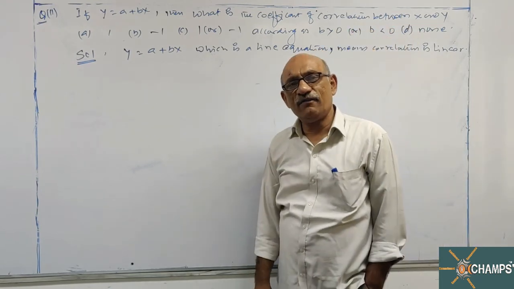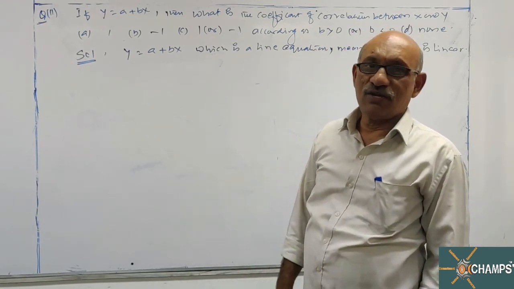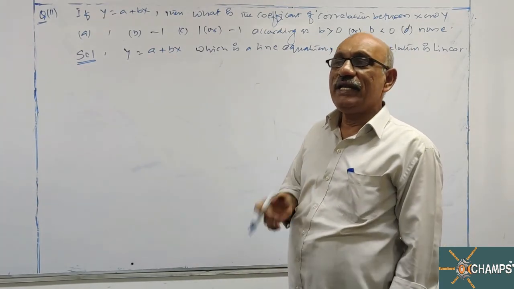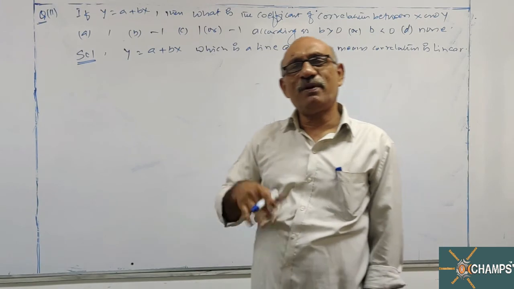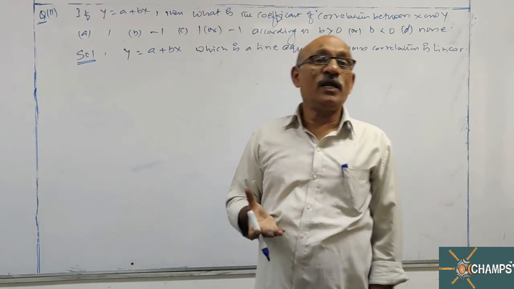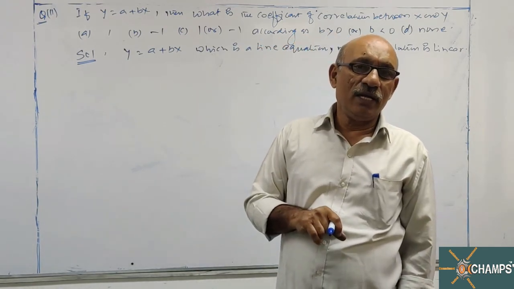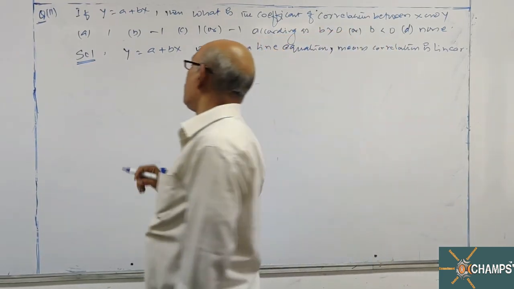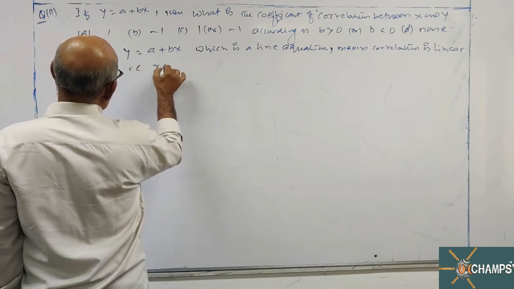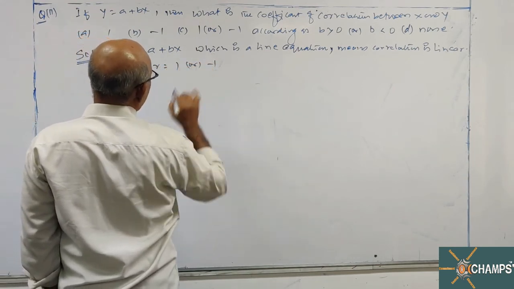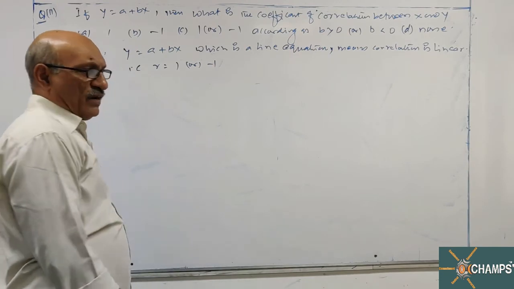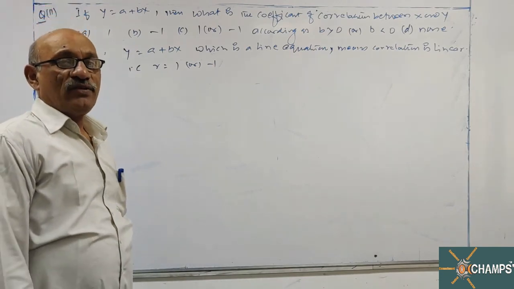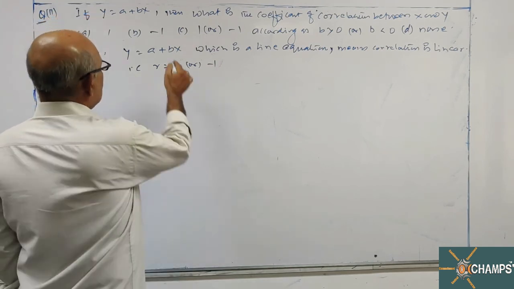Now you have to identify what type of correlation it is having. One more point to observe is, in case of linear correlation, it is a perfect positive correlation or a perfect negative correlation. That is, R is equal to 1 or minus 1. How can I say which one? That entirely depends on the slope of the line.